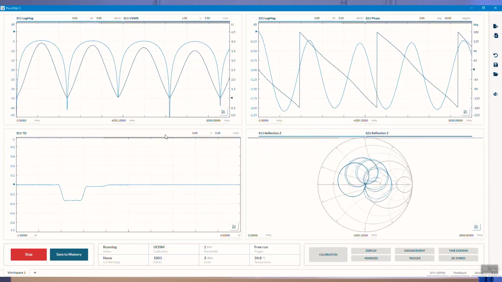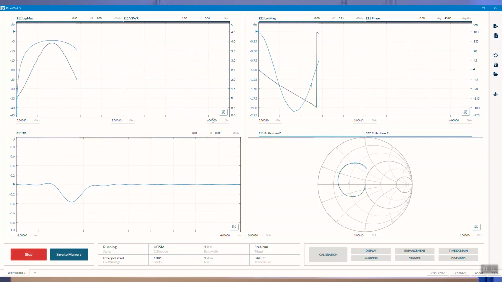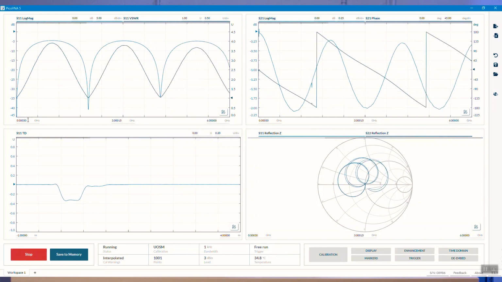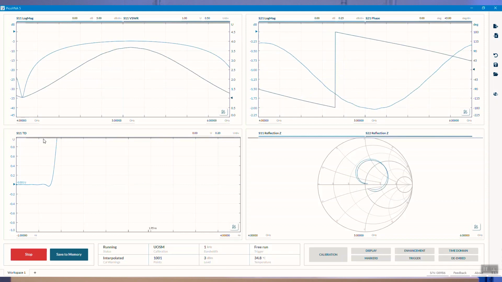You saw me earlier on, I changed the time base on this plot. I can also, let's have a look at this here. That's about 4 gigahertz there. What's this here? That's about 6 gigahertz. So let's zoom in on those. 6 gigahertz. And you saw that live update, and this is 4 gigahertz. And there we go.